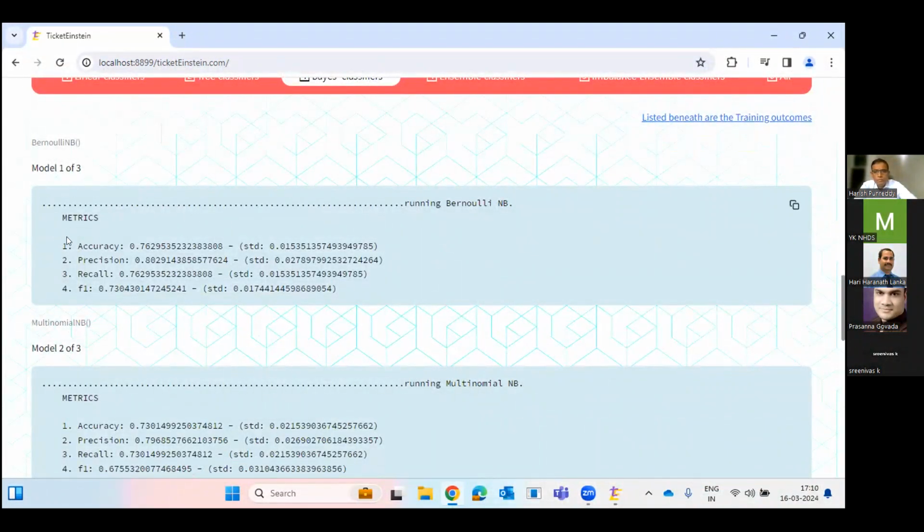So if you see each model, and we'll look at it in a very restricted sense here. The accuracy is coming at 76%, precision is 80%, recall and F1 is coming at a certain percentage here. So think of it as, in a data science industry, this is evaluated through something called a confusion matrix.